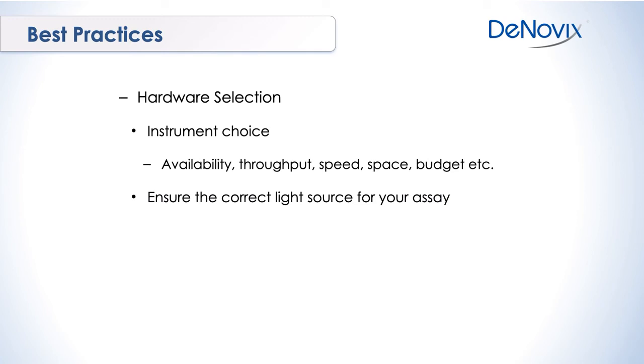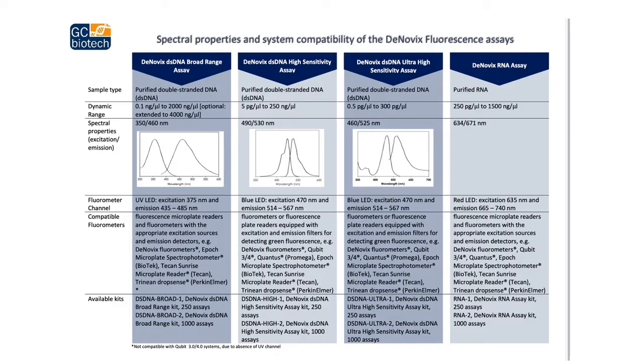But as we saw earlier, it's really important to ensure that the correct light source is available for your assay. Otherwise, you're going to be compromising on sensitivity. So there's a nice little guide that GC Biotech have put together, and I'm sure they'll email this through to you if you drop them a note. And this just highlights, for all the different sample types, the dynamic range of the different assays and the requirements in terms of hardware